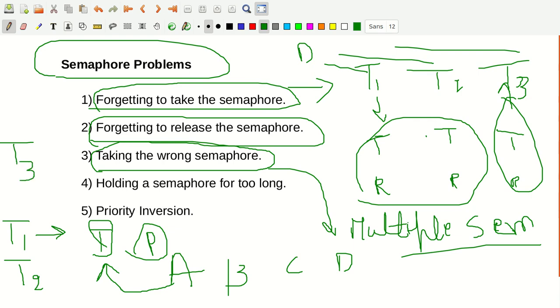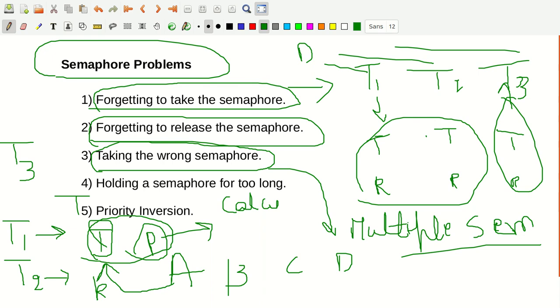Now, temperature T is shared between T1 and T2, and temperature and pressure are written in only one function, which I will call the calculation function. Temperature T is calculated in the same function, and pressure P is also calculated in the same function. Now, if only one semaphore is allotted, you write take semaphore and release semaphore, and these two calculations are written between take semaphore and release semaphore in the calculation function.